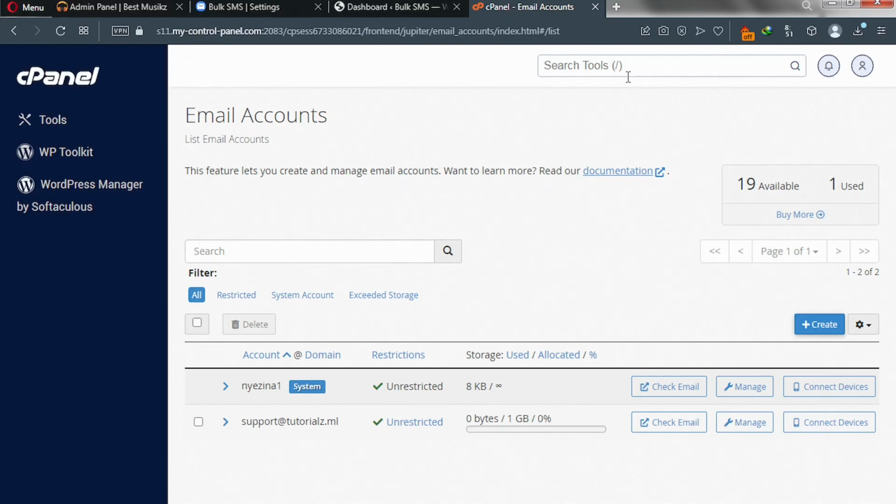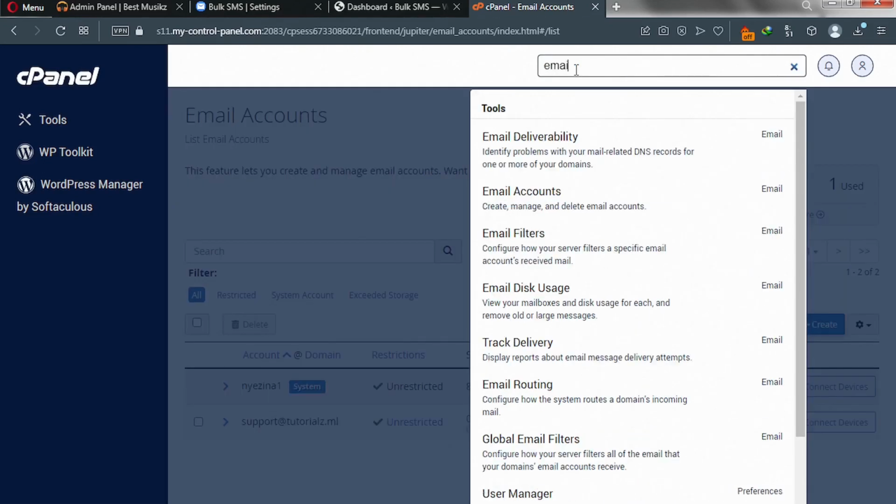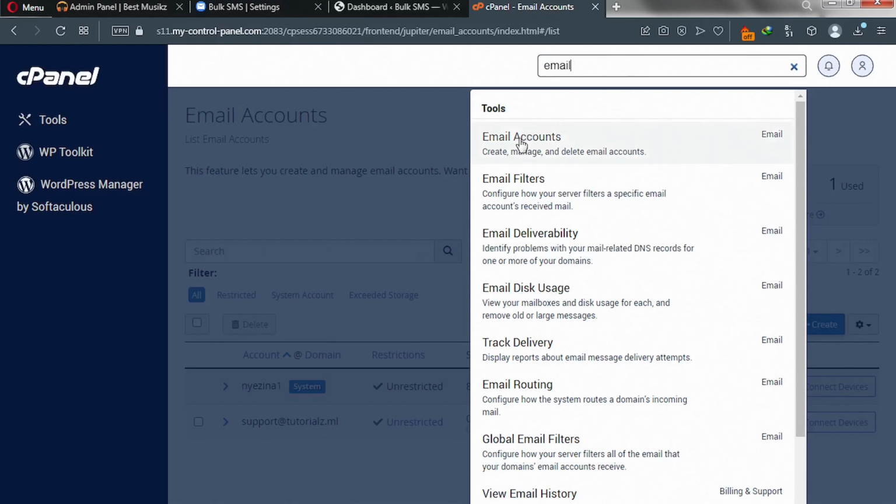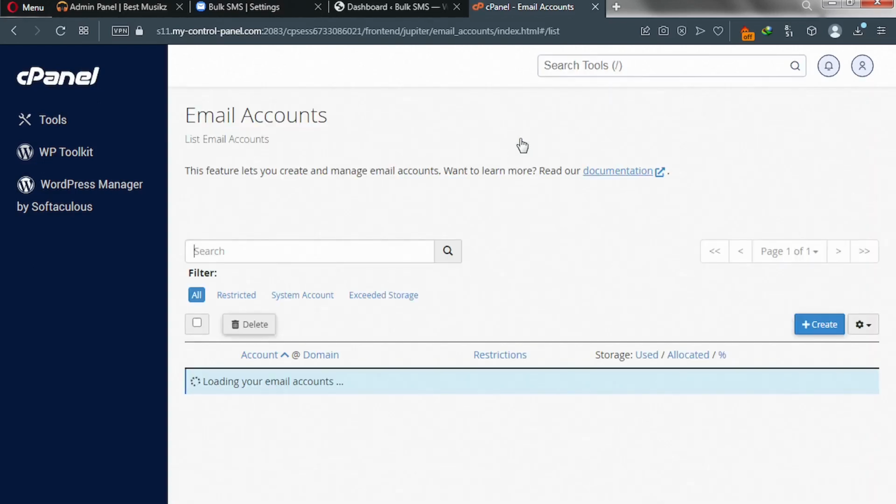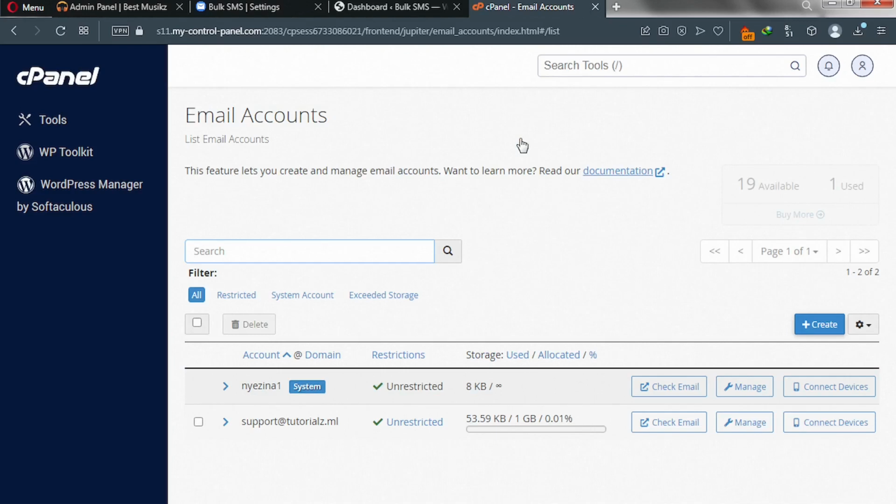And I hope you all know how to create business emails through cPanel. If you don't know how to do it, you simply click here and type email, and then click on email accounts. And you'll be brought to this page. That's all, very simple. And then make sure you create your email if you don't have one. So you simply click on create,